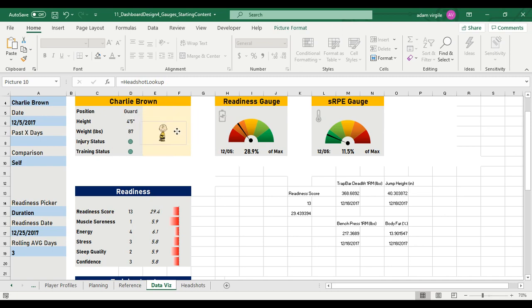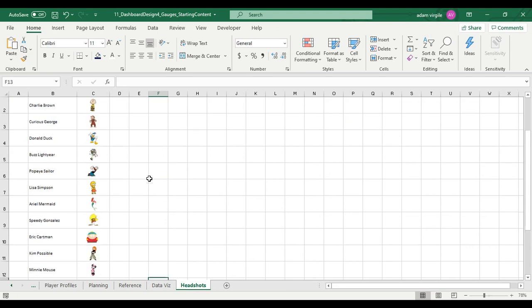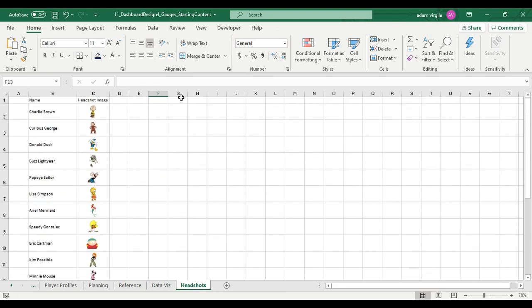manipulate in our headshots area. So I'm going to make this box kind of smaller, and it's way wider than it is tall and has borders around it. So let's go to our headshots, and you're going to learn a couple of cool tricks while we do this. The first is I'm going to click on C. And what you'll notice is, to select images, I have to click on an image, and then I'm trying to hold down Control and click on Curious George,